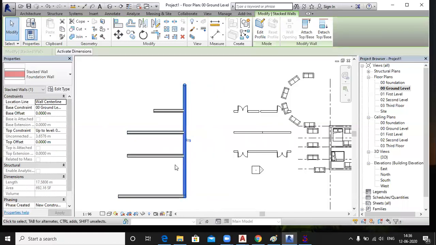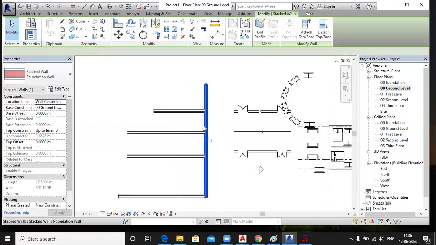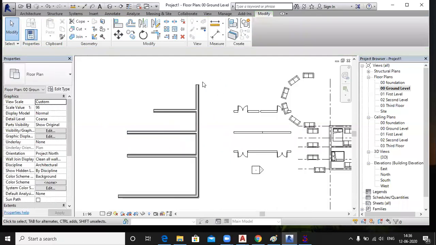If you don't want this wall to be moved by anyone, pin it.